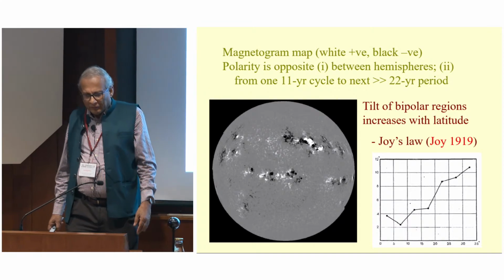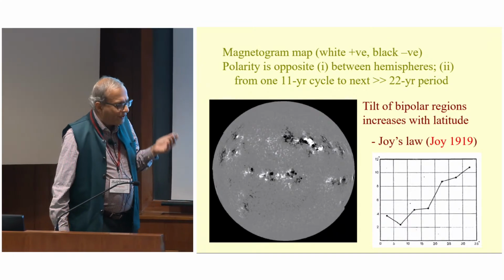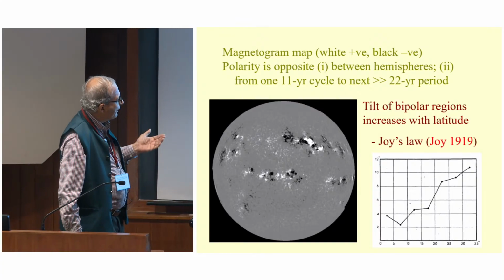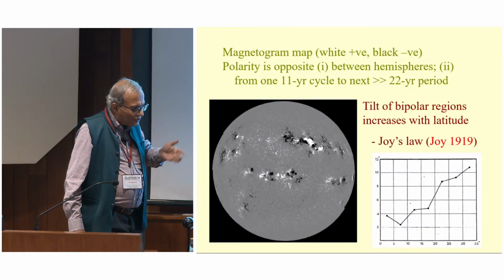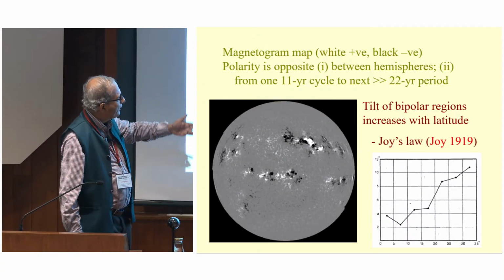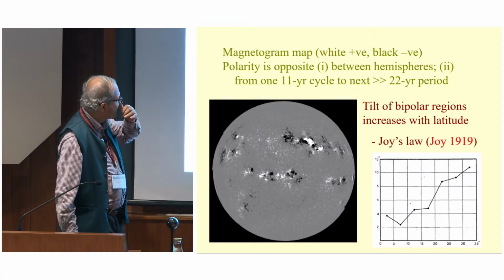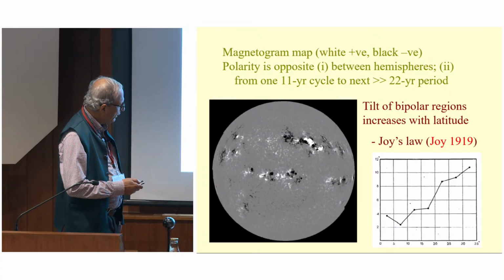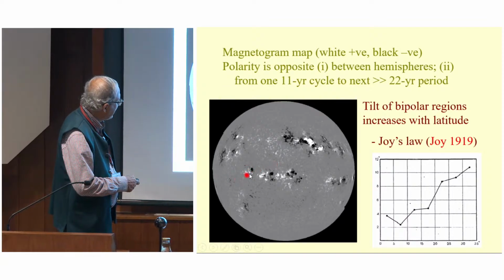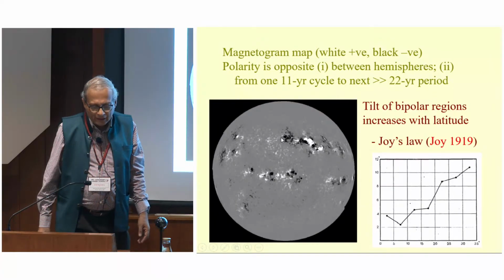So if you only count the number of sunspots, you think that the period of the sunspot cycle is 11 years, but you actually have to wait for 22 years if you want the magnetic field to come back to its original configuration. And you notice another interesting thing, that if you draw a straight line connecting the centers of this